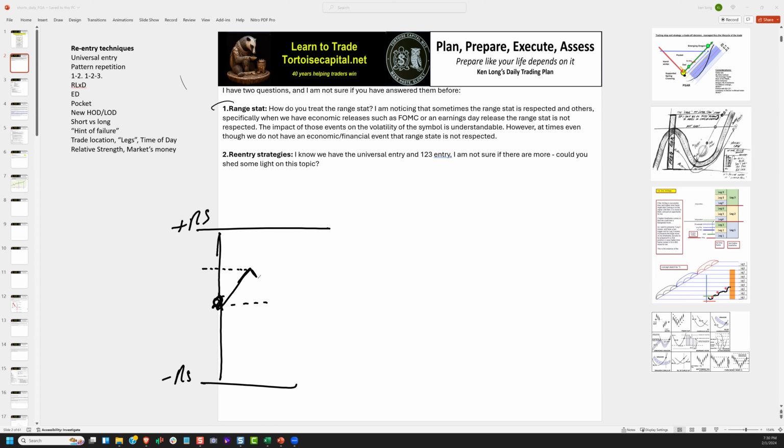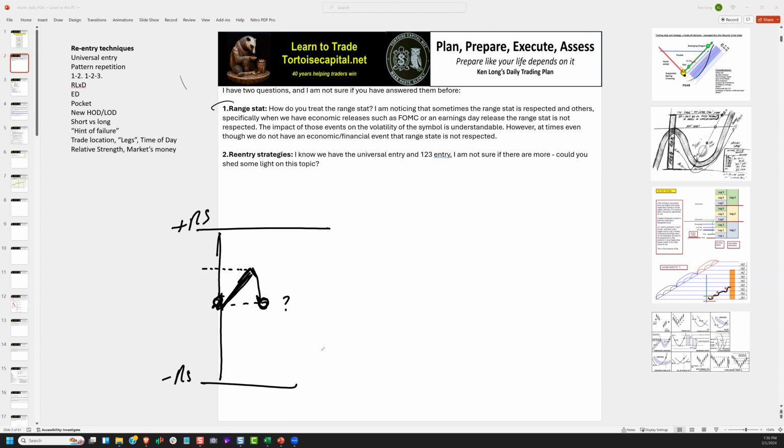Well, now price is starting to fail, and now I may be thinking of a Kata 2 short or a collapsing dragon or something. I don't know, but maybe it looked like this, and now I'm thinking about a collapsing dragon move right here. And now my question is, how far can this thing move